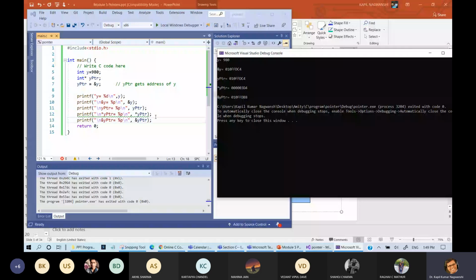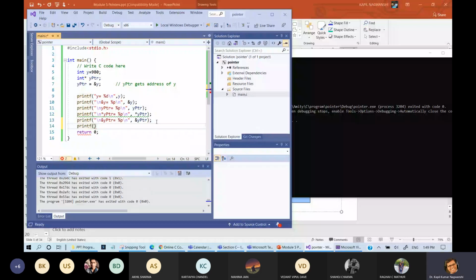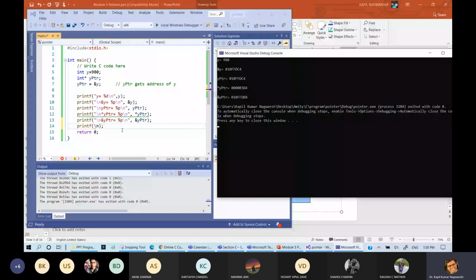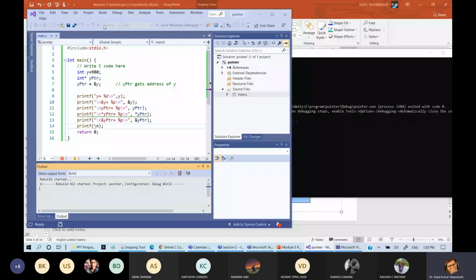Here I am writing printf /n, so that it is very easy to understand what values we are going to print. Fine. So rebuild the solution, and let me close this.